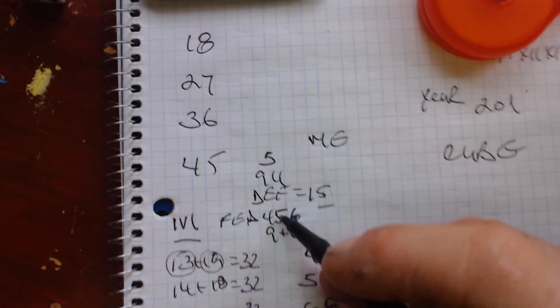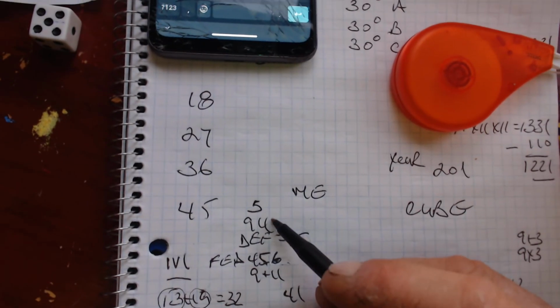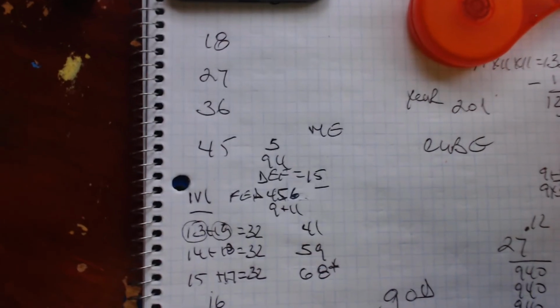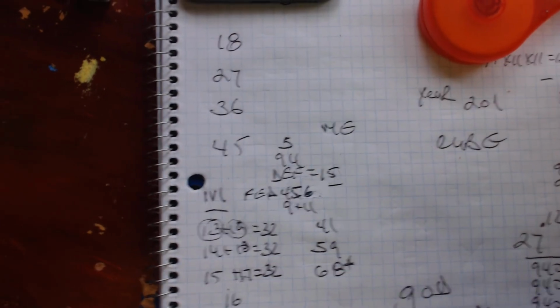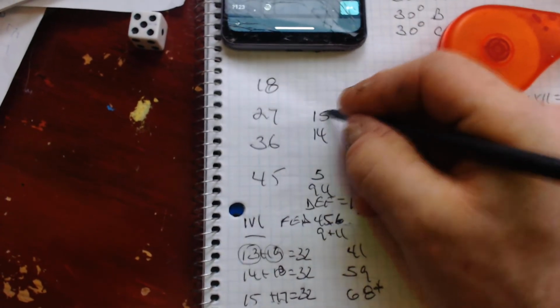But you can only go 9 and 11. So where's the 4 coming from? I'm just trying to see if I made this error. So let me take a look. Why did I say 9 and 4? I didn't want to say 9 and 4. Anyways, the creation of this is 14 and 15.